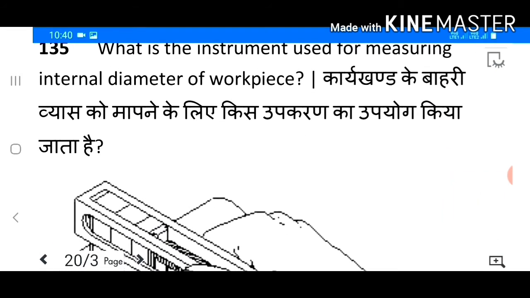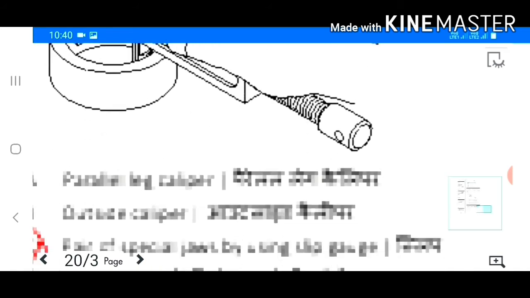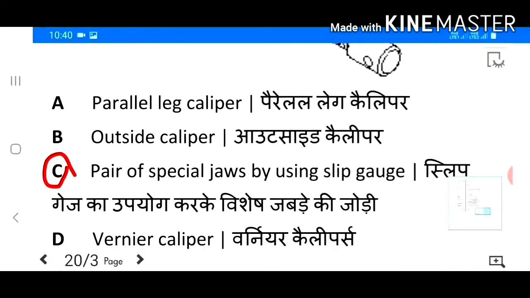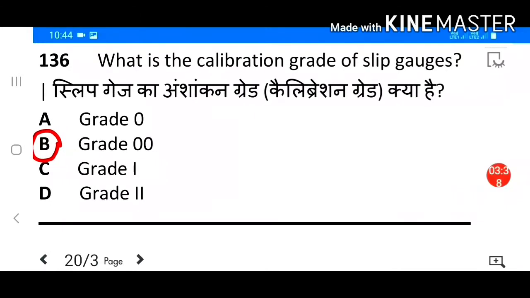135. What is the instrument used for measuring internal diameter of workpiece? Answer C. Pair of special jaws by using slip gauge. 136. What is the calibration grade of slip gauges?